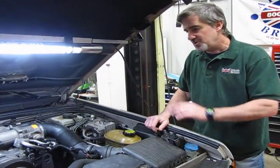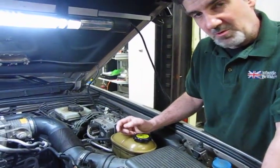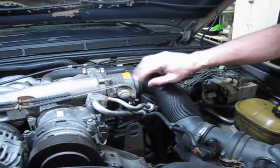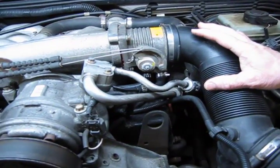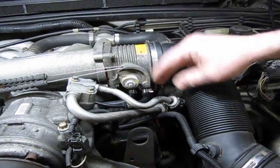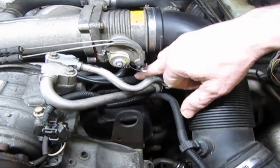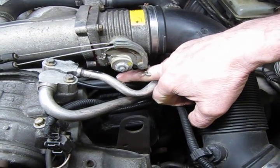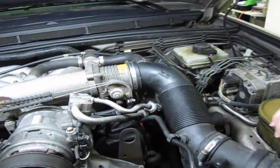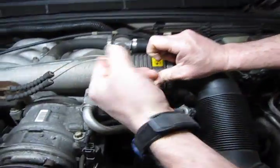Alright, what we're going to do is start with removing the throttle body. Now, you basically have two options on this. When we get down to the point where we take the throttle body off, you can just leave the throttle body hooked up to the cooling lines and just laying off to the side. Or if you prefer to remove it, or if you have other services you want to do, like the heater plate or whatnot, you can always take a pair of pinch-off pliers or a small pair of needle nose and pinch off the two leads that feed the coolant going into the heater plate, and then just take the throttle body out completely. So first we're going to start with,